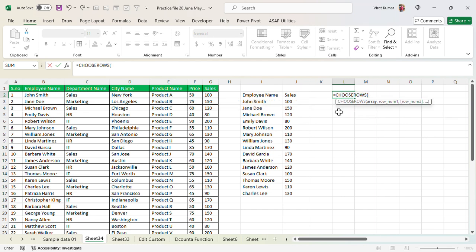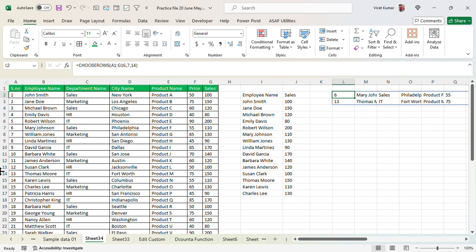rows. Again select this array. Okay. Here you can see the 16th. Okay. Comma. Row number. So for example, I want row number 7, 14, and close the bracket and hit enter.